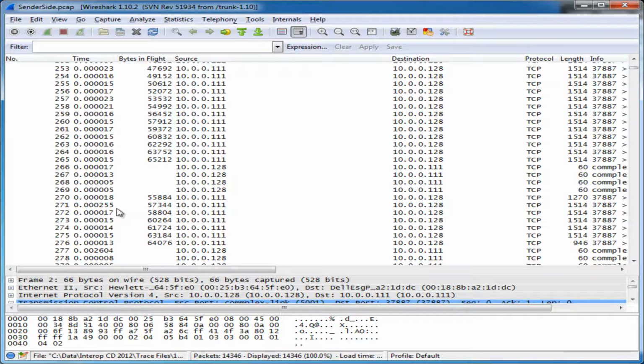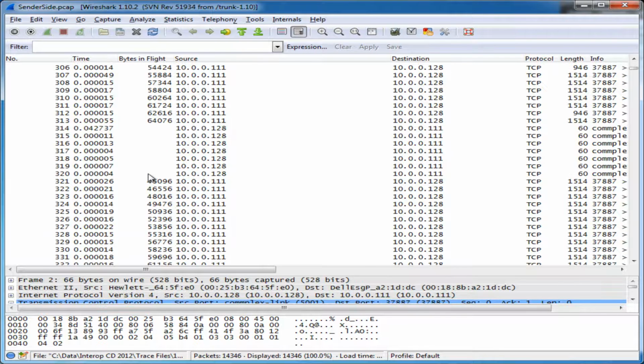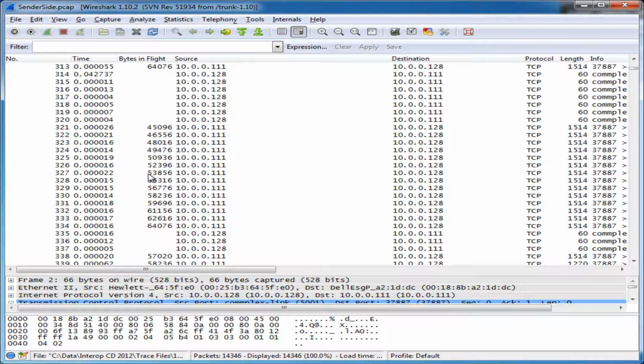And what we see is that our acknowledgments, if we look at our time value over here, which in this case is time between previous packet, that there isn't a lot of time between when we hit that 65212 and when we get the acknowledgments back. So that's great. That means that we are taking full advantage of that pipe that is out there. So we're getting good throughput in here. So this is an example of where our application's working well and we're taking full advantage of the TCP window